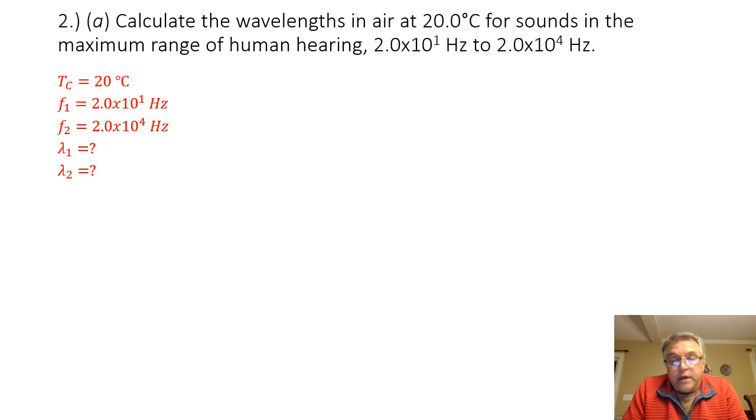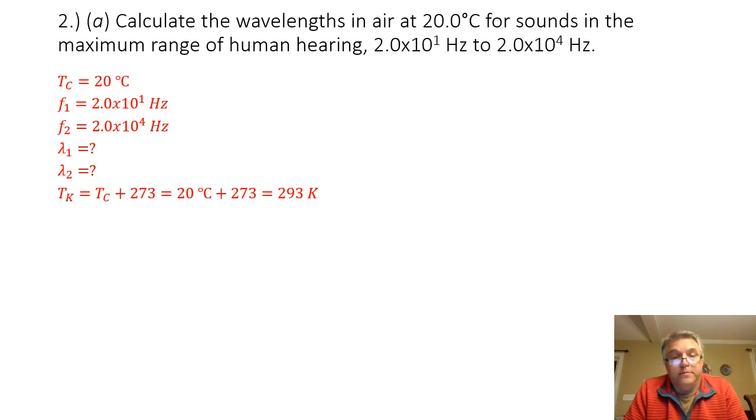If I have the frequency and I'm looking for the wavelength, I know I'm going to want to use my wave speed formula. And the third part to that wave speed formula is going to be the speed of the wave, which I can get from the temperature. In order to get the wave speed from my temperature, it does have to be in Kelvin and not degrees Celsius. So my first step here is to convert my temperature from Celsius to Kelvin. It's a pretty simple operation. I simply take my temperature in degrees Celsius and add 273 Kelvin to that. So 20 degrees Celsius plus 273 Kelvin is going to equal